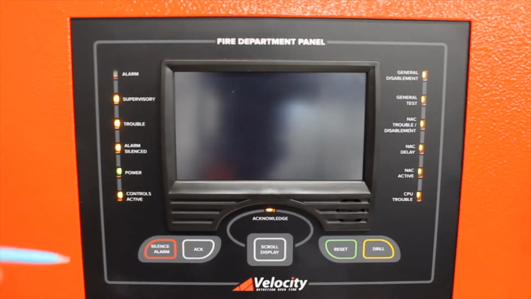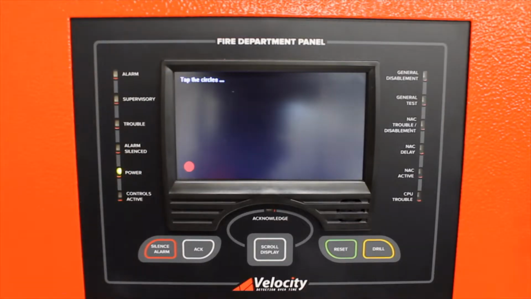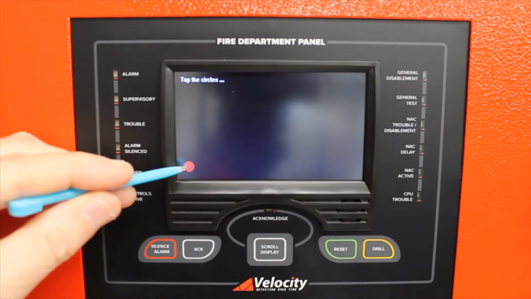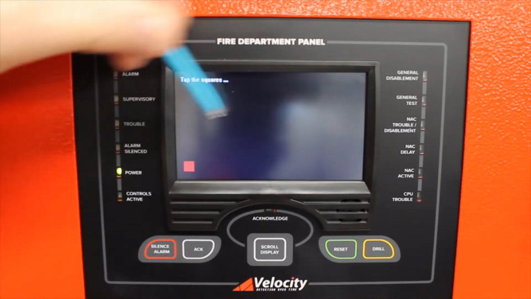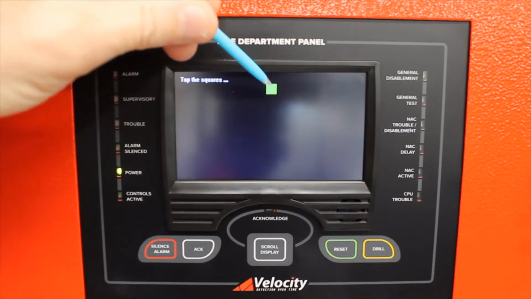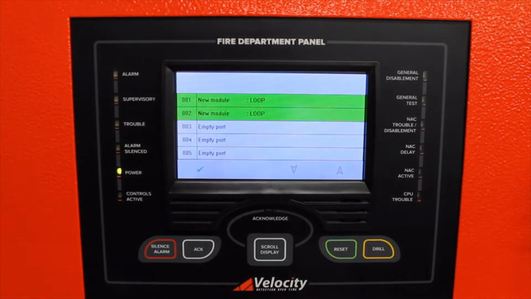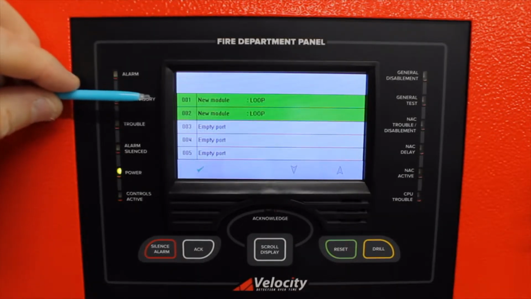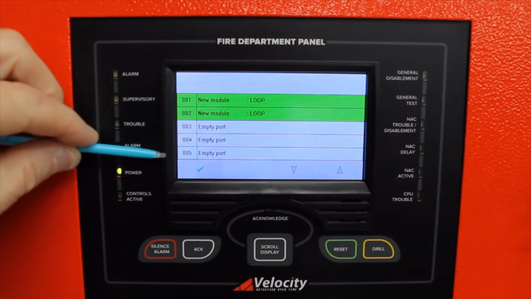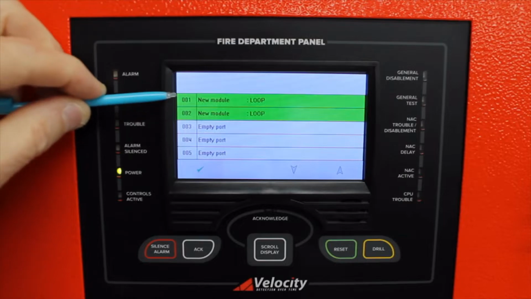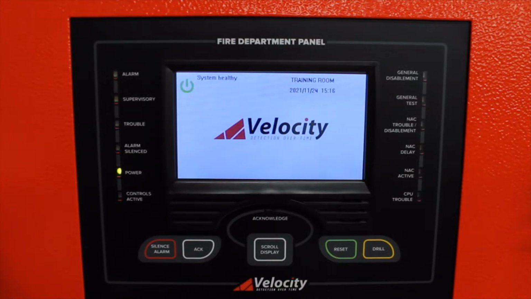When we initially power up the panel, you'll be asked to touch to calibrate the screen. So we touch the screen and then you tap each of the different coloured circles in turn, and the same with the squares, and then it's calibrated. Now, as you can see from this window, we have 2 loop modules installed and the rest of the slots are empty. So if we're happy that they are the 2 modules and they're correct, we press the tick key